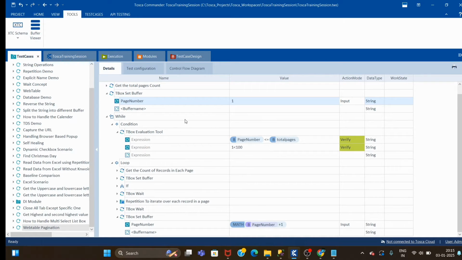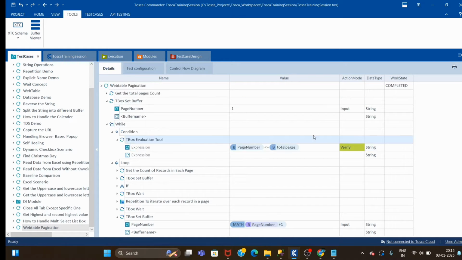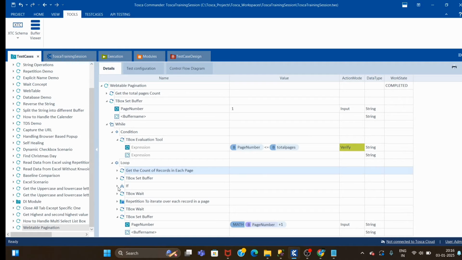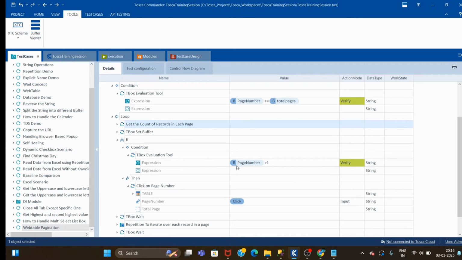Okay, so in the first iteration page number will be 1. Okay, let me delete this. Page number will be 1. After completing all the steps inside the loop, page number will get increased to 2. Then again it will come here, it will check 2 is less than or equal to total number of pages, suppose 100. Yes, condition satisfied, then again it will come. It will take the record of the second page. Okay, how many records are there, then it will check if 2 is greater than 1, condition satisfied, then it will come to the then part and it will click